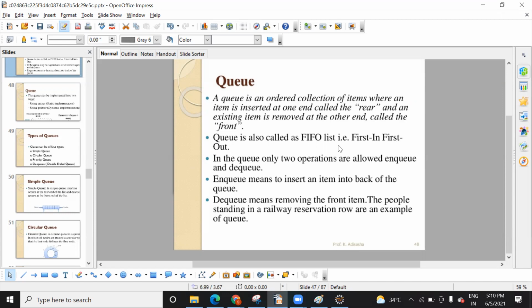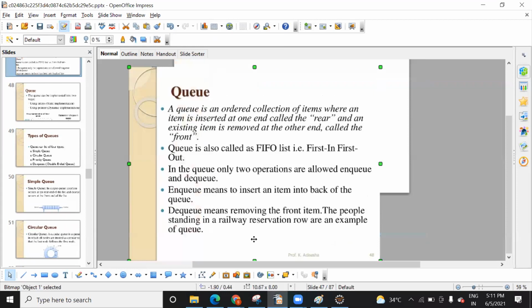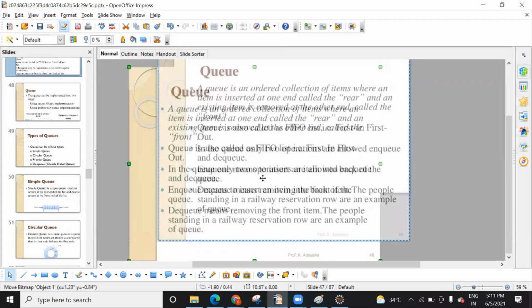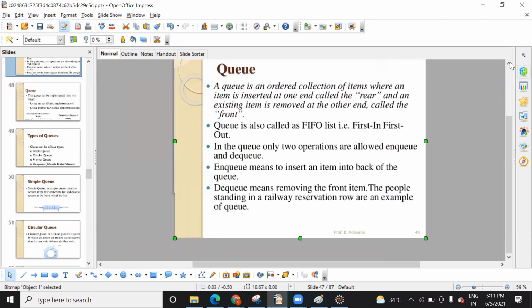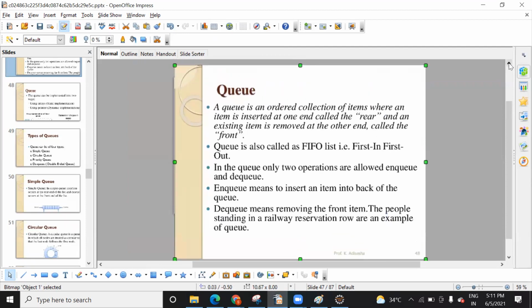Normally, if you are standing in the line and you are first, you will come out first also. So that is one more data structure. It is similar to a stack, but we don't perform push, pop and peek here. We use other terms called rear and front, which we will see in the next class. And in the next class, I will start lambda also, and this data structure we will go through parallelly. After every class, I will explain every kind of data structure in 10 to 15 minutes.